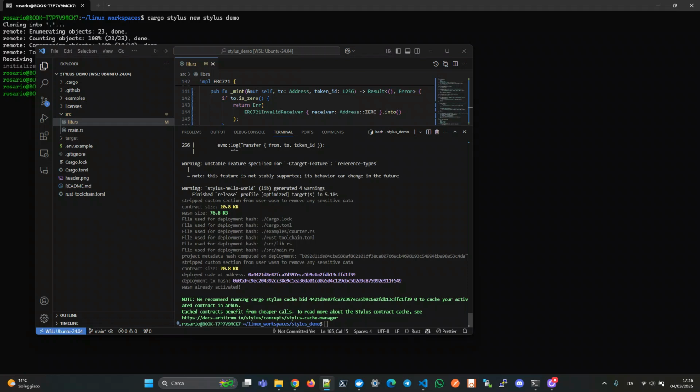Okay, so our smart contract has been deployed at this address. I copy these two lines here so we can use them in our code. This is the address of our smart contract and this is the transaction hash. So we can check